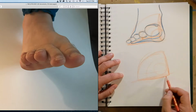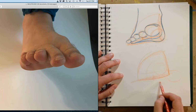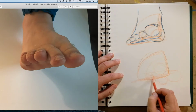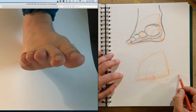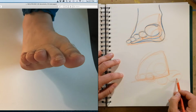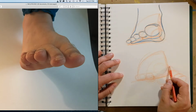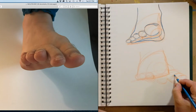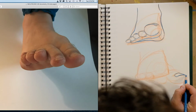Now we actually see part of the top of the foot, and that's why we see this big toe. We divide it here. This other toe. Not even really looking at the photo, to be honest. Let's take a little bit of another look. Okay. So I'm just getting more and more extreme with my foreshortening here. Okay, so let's start drawing this in here. You can even see this foreshortening of this toenail to make it look really big. So let's...